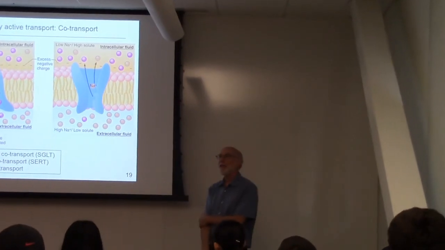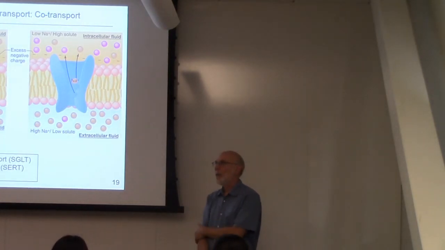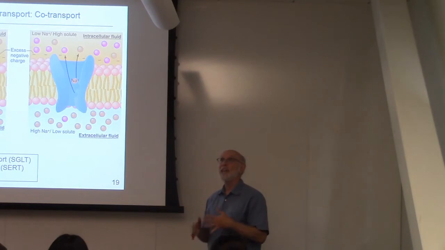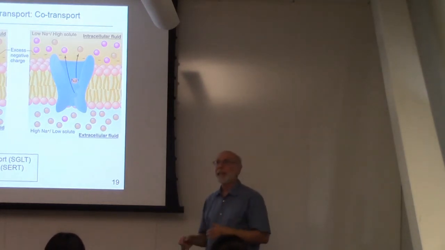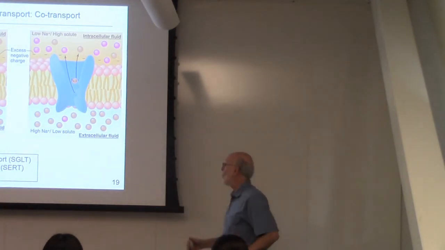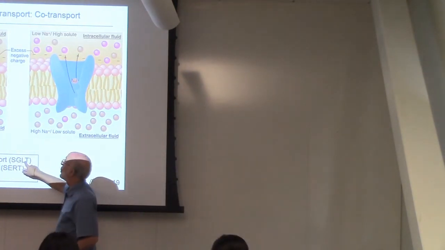Anybody remember from Cell Phys the difference between primary active transport and secondary active transport? Secondary uses an established concentration gradient to pump another solute across or against this concentration gradient. Up its concentration gradient. That's exactly right. Primary uses ATP as a source of energy to establish a gradient, and secondary uses another gradient to establish a gradient. So for example, in the sodium glucose co-transporter,